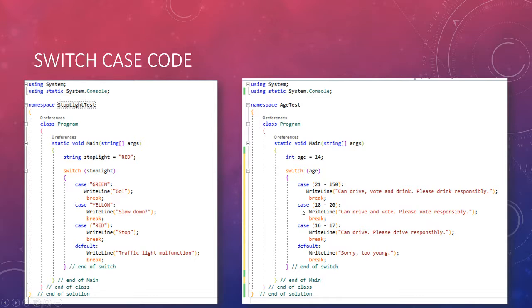So then my next case clause says, well, if they're from 18 to 20 inclusive, write out this line, then break. If they're 16 or 17, write out this line and break. Otherwise, tell them they're too young. Now, this switch case statement can take a second or two to get used to, but it's a really efficient structure. The processor can handle it very well in a very quick manner,